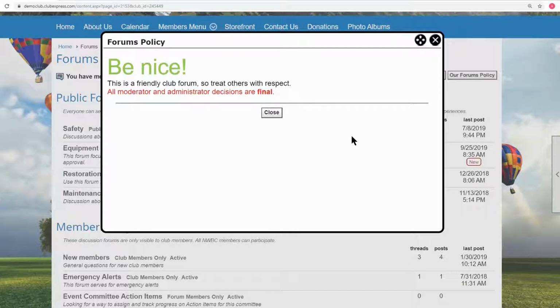Now, some other clubs may have very exhaustive policies about what you're allowed to say, the language you're allowed to use. People have had issues where people were abusing the forums, and they just want to make sure that here is our policy. I've been on other forums where the policies are 3 pages long, for good reason, because of the nature of the forums.